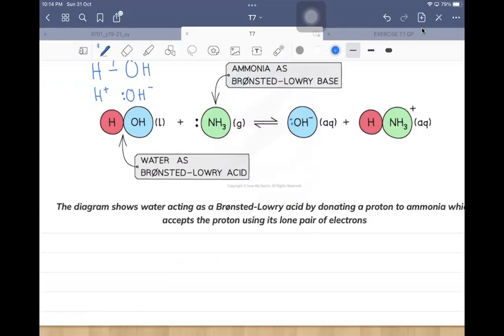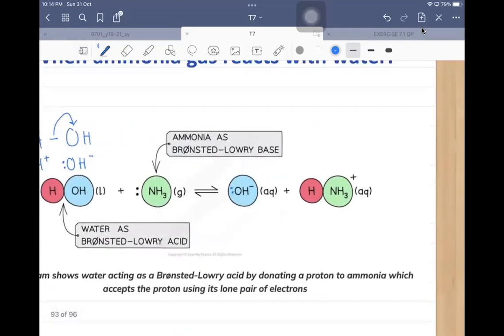If it reacts with an acid, it becomes a base. If it reacts with a base, it becomes an acid. Okay, I want to talk about the product of the acid. This is now, if you can see, NH4 plus. So that's H plus plus NH3 to become NH4 plus, and this is called ammonium